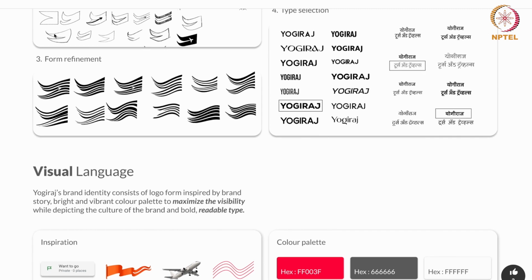Along with that, we have used a typeface, right? So how do you see the importance of typeface in logo design? I believe what we have been taught all along is that every typeface has its own persona of what it reflects, the weight, the kerning, and everything.